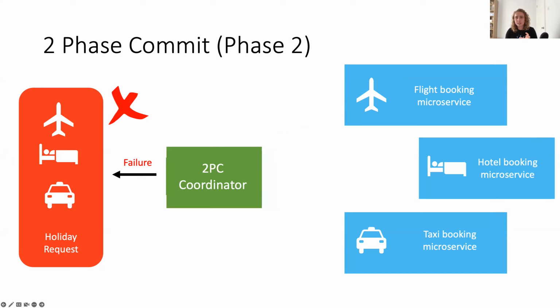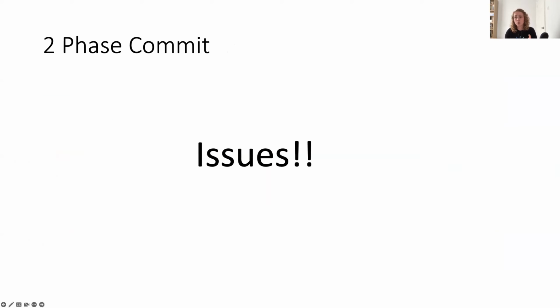Now, although this is the correct thing that it should have done, and these scenarios theoretically could work in a cloud native environment, there are several issues with using an ACID style transaction model. First of all, it's pretty slow, or at least it can be. All your services have to wait for the slowest service to finish its confirmation to be able to proceed. So essentially your overall performance of the transaction is really bound by the slowest service within your application.